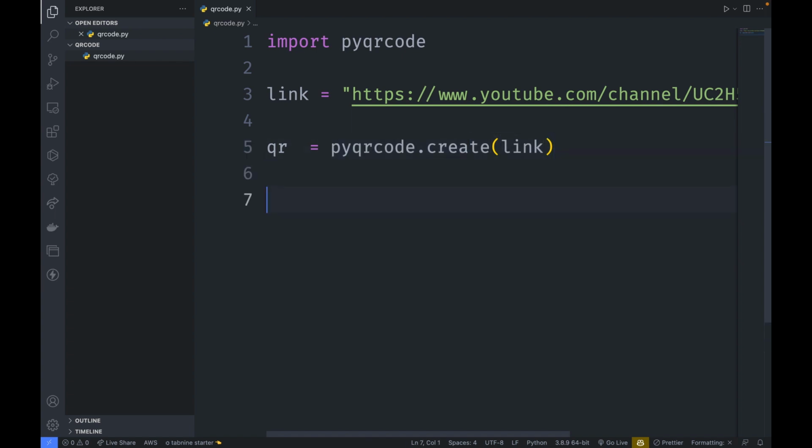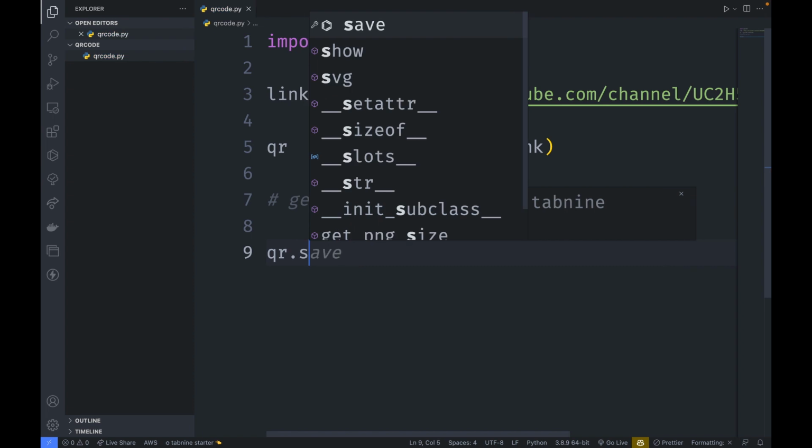Now the last thing that I need to do is first of all, I'm going to generate an SVG file for my YouTube link. So what I need to do is to type qr.svg.